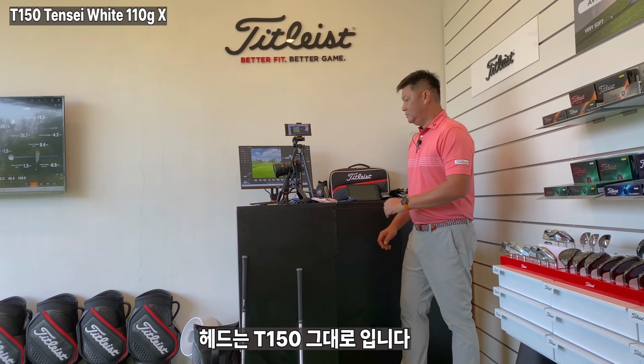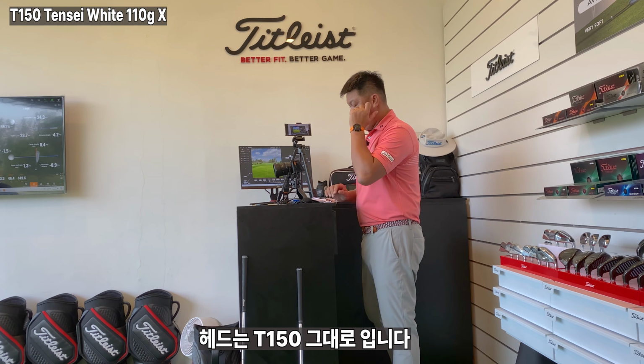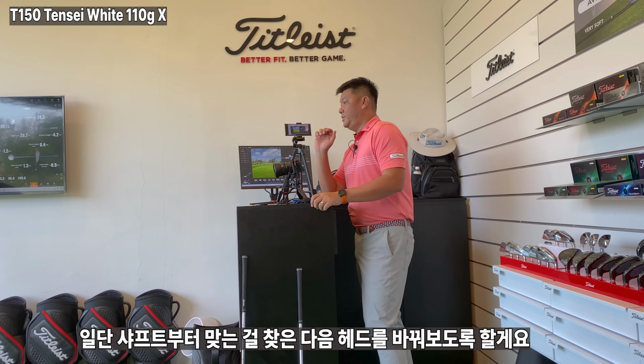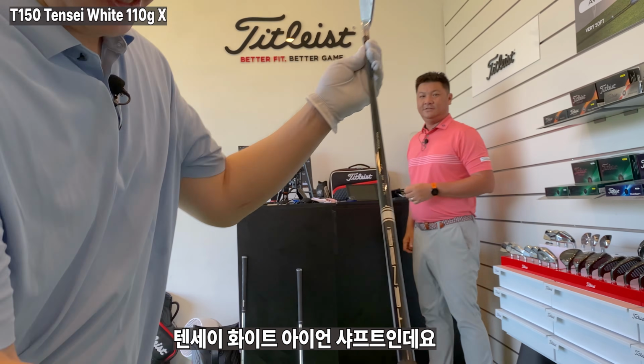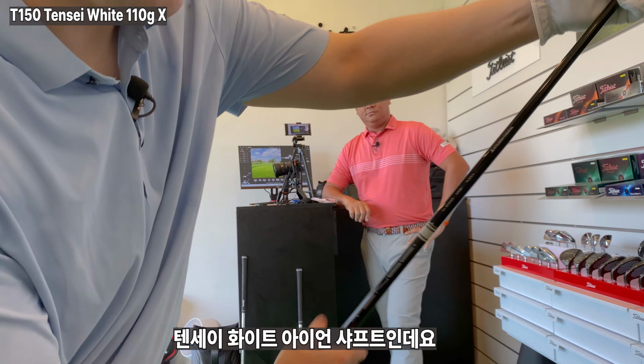Great. So I kept the same head, T150, and we're just playing around with shafts right now. Once we lock the shaft in, then we can play with different heads. Okay, got it. Wow, it's like